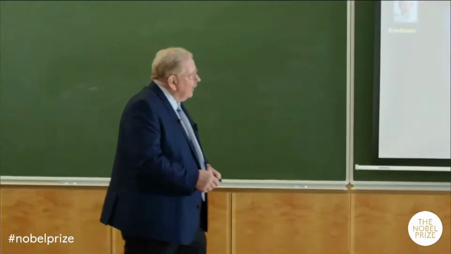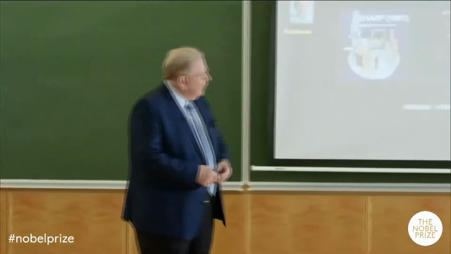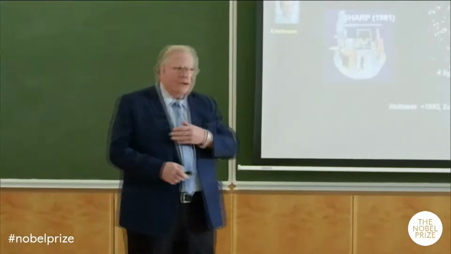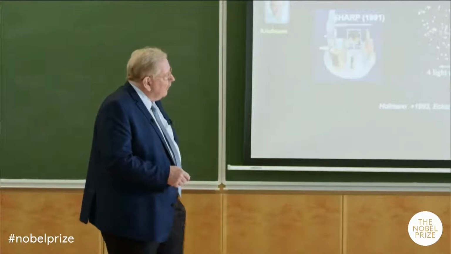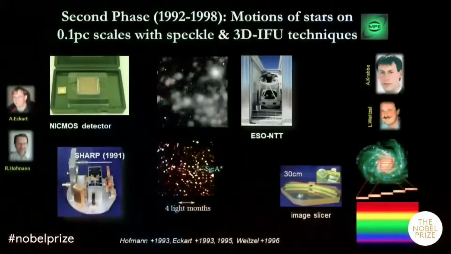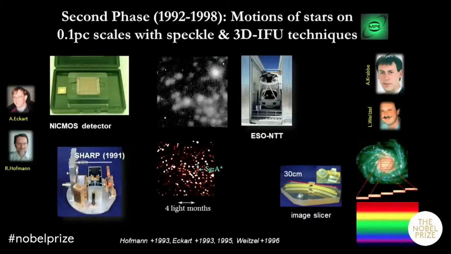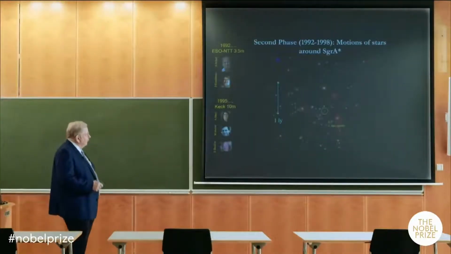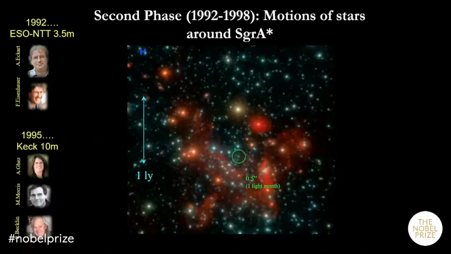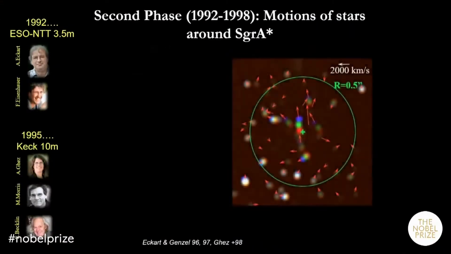For that, we developed what is now called the integral field unit. Basically, a normal spectrometer just disperses the light in one direction and doesn't allow you to image. But by using an image slicer, you can generate a huge long slit which decodes the 2 dimensions, and then you bring this through a spectrograph which disperses the light. And then in the end, in the computer, you can put that back together. So using these techniques, a few years later, we had sharp images of the central light years, and we could look for changes on the sky of their positions.